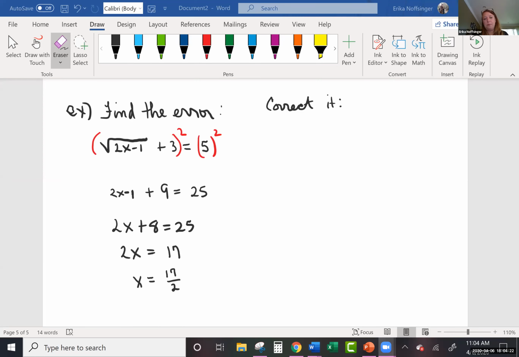But the first step, what you want to do when you're trying to solve an equation with a square root, is isolate the square root on one side of the equation. If these had 2 square roots in here, I'm going to still do the same thing. I always want to isolate 1 square root on one side of the equation and get everything else to the other side. And so the first thing that students should have done was subtract 3 on both sides of the equation. So let me just rewrite the